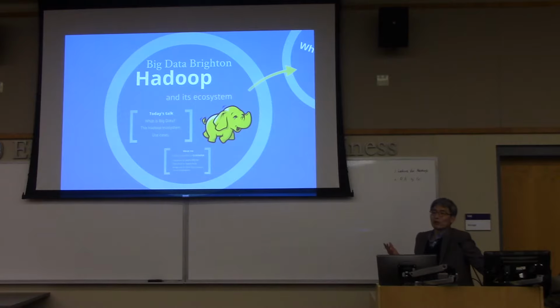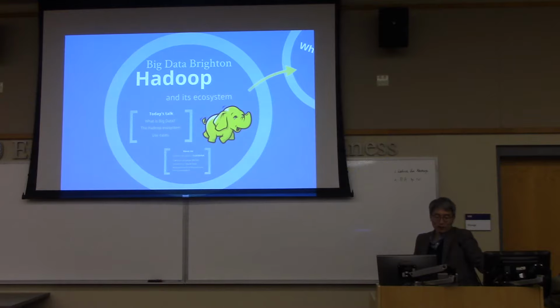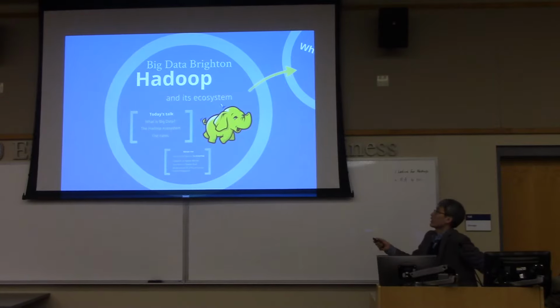For example, the Hadoop distributed file system is one of the components of the Hadoop project, MapReduce is one of them, and Spark is one of them. We will see such components of the Hadoop project. So Hadoop is the name of a collection of projects, or sometimes it's called the solution of big data management and processing. We will see what Hadoop is and what other components there are, which we usually call the ecosystem.